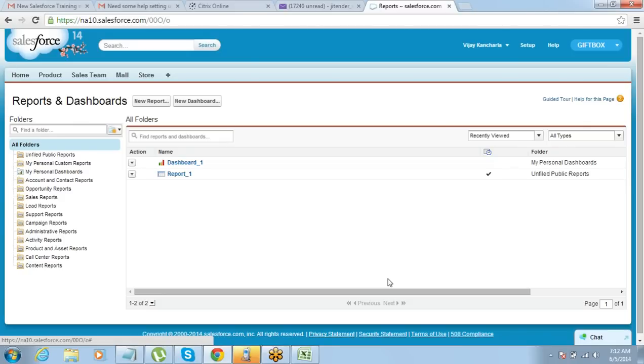But still, since you have asked, let me ask you: accounts and contacts, which is parent, which is child? Account is the parent and contact is the child. And how do you know that? While creating the reports, we are using account as a parent.